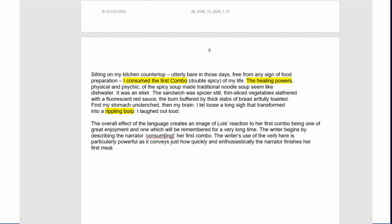Let's try and develop that a little bit more. So let's put, there's also a sense of the meal being, let's use the word, there we go, delectable, something which is incredibly delicious. There's also a sense of the meal being delectable that has, let's put, exceeded her expectations. I think that is certainly enough for the first quotation, so we're going to use our next transition phrase,